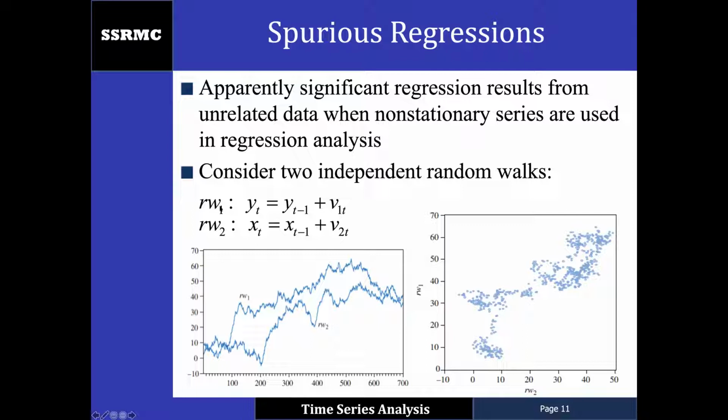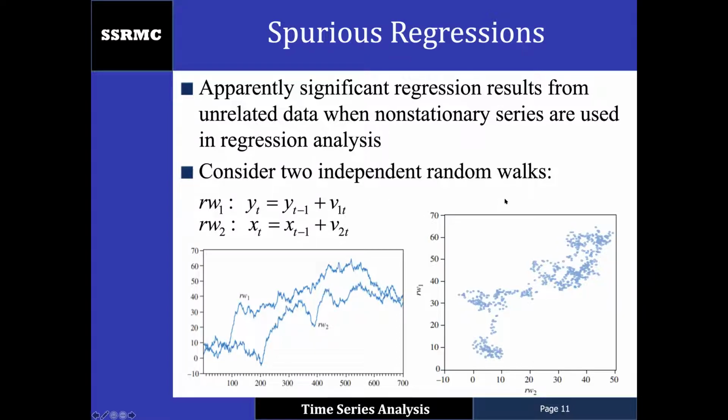I have RW1 and RW2. Here, RW stands for random walk. And I simply just used my computer to generate two random walks, two non-stationary time series. Then I plot them. And incidentally, they move in the same direction, and the pattern looks like they are following each other. And in the second chart, the right-hand side, there's a scatter plot, and it shows a very strong positive